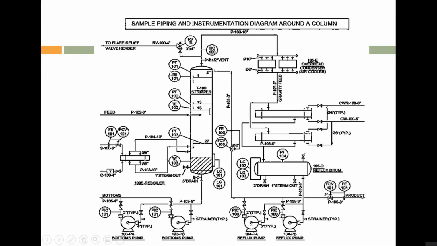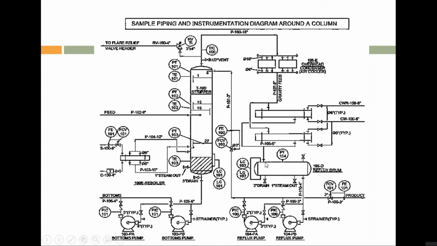This is an example of an ISA diagram. Actually, this is a DCS diagram, or ISA diagram, of a distillation tower, also known as a distillation column. This is the symbol of the distillation column, and at the bottom you can see the symbol of a pump. You can see four different things. This one is the symbol of a centrifugal pump. This one is the symbol of an accumulator, a horizontal one. This one is vertical and is used for the tower, and this one is used for the accumulator.